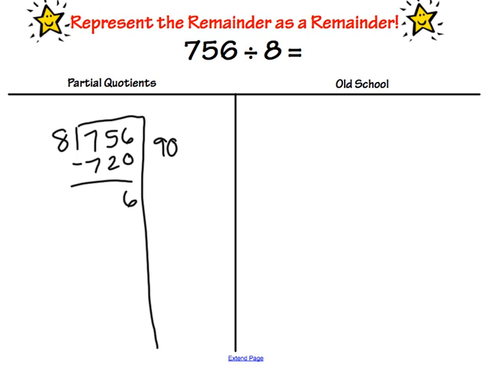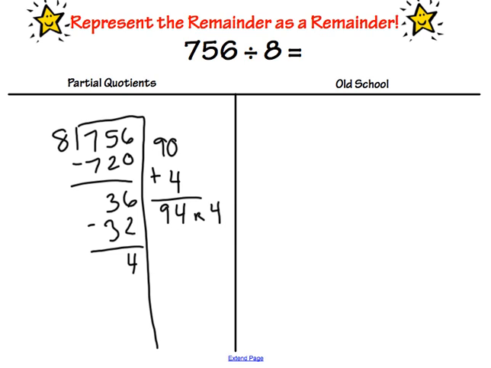Subtract. 5 minus 2 is 3. Okay, how many groups of 8 go into 36? We can take 4 groups out. 4 times 8 is 32. Subtract. Okay, 8 cannot go into 4, so our final answer is, we're going to add our partial quotients, 94, remainder 4. And again, we're representing the remainder as a remainder, so that's just your R and your remainder,